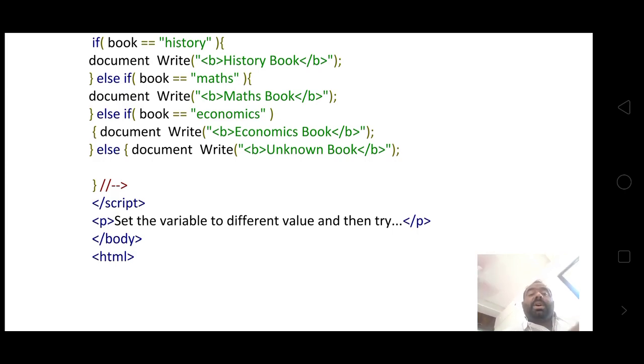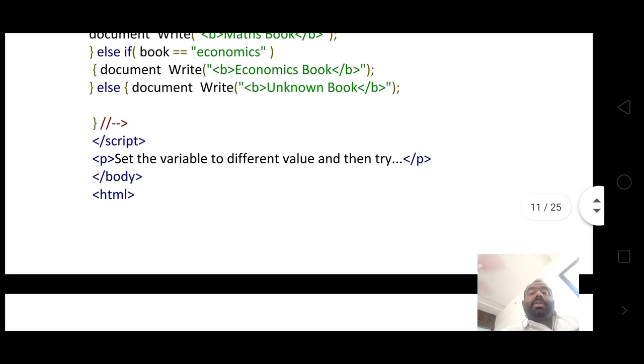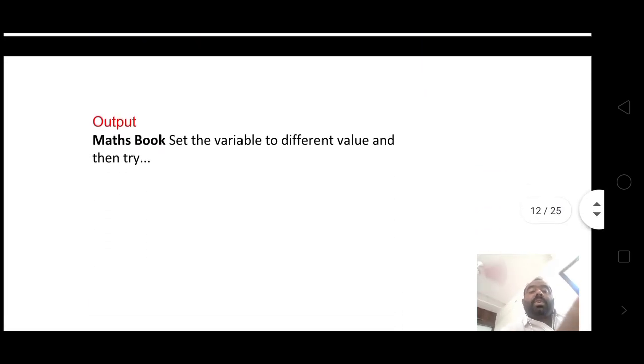The else part is unknown book. Here you can try different values for the variables and then try again.